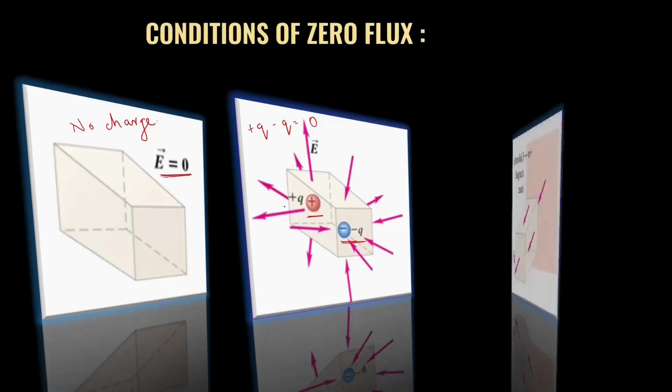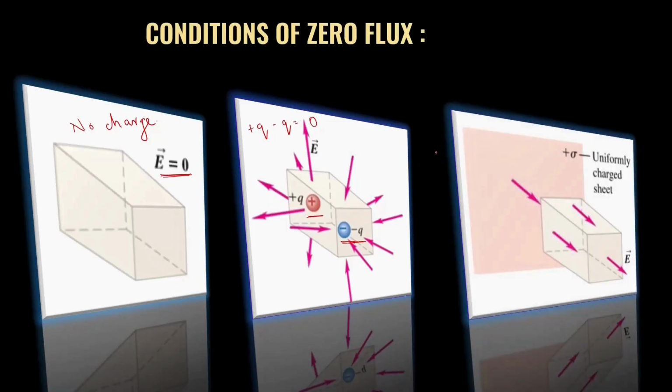Next, let us see the third situation where we can have the zero flux: when the source of the charge is present outside the container. This source of the charge will be sending its electric field in a direction, and whatever field lines enter the box through one face, the same field lines will have to leave the box from the other surface. That means this condition will also contribute towards the zero flux condition, because whatever field lines enter the box will leave the box. So again the net flux associated with this container will be zero.